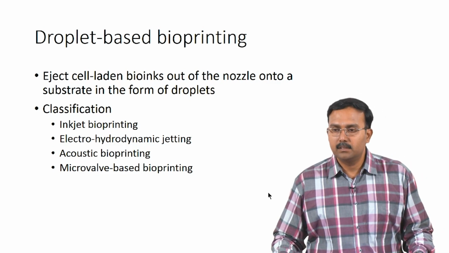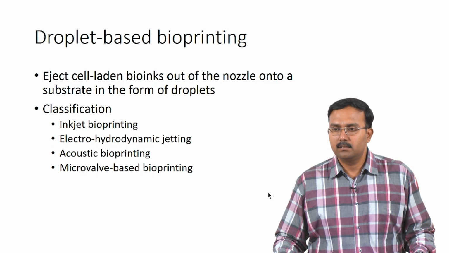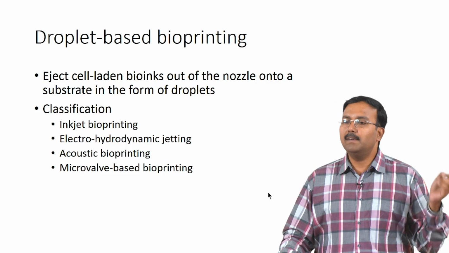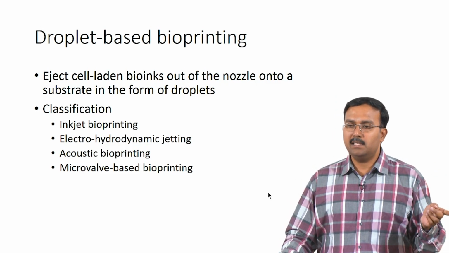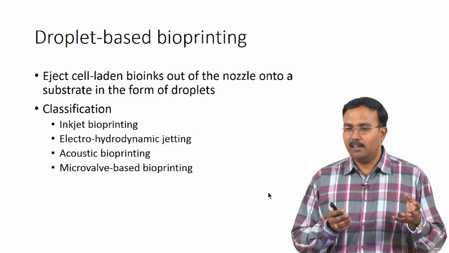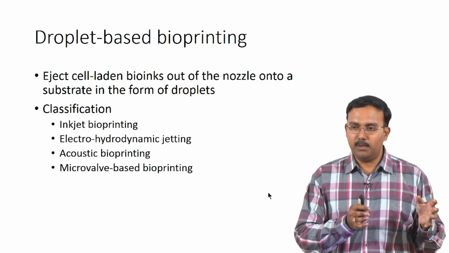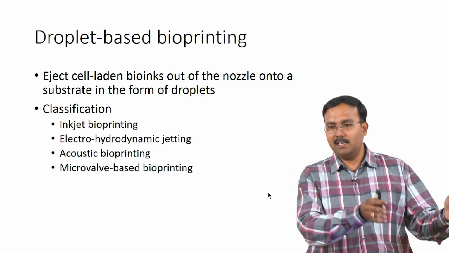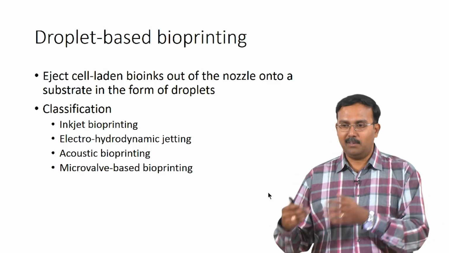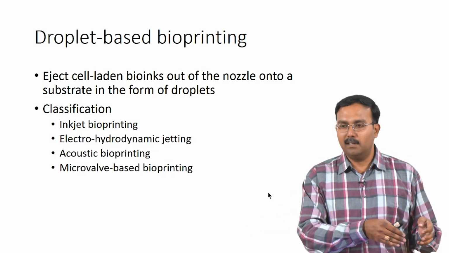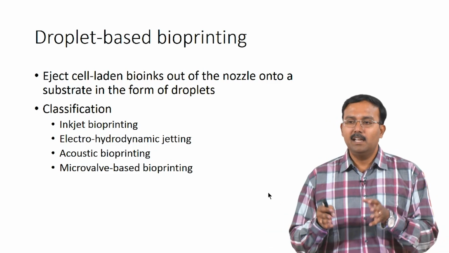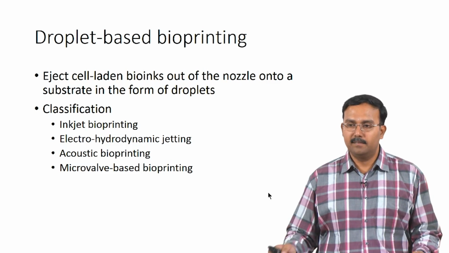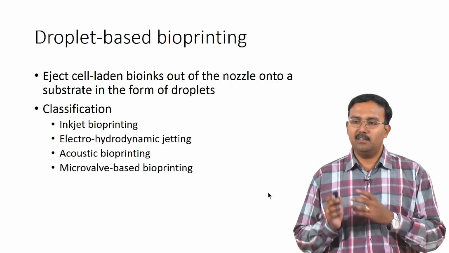Sir, what guides this bioink to form a particular shape? Oh, that depends on the images you have taken. You would have taken images and built a CAD model, and this printer is connected to a computer which sends signals on what should be printed. Just like your printer in itself does not know what to print, you have to send a Word document or a PDF to the printer. Similarly, here you would have something called an STL file, and whatever you have in that STL file will get printed.